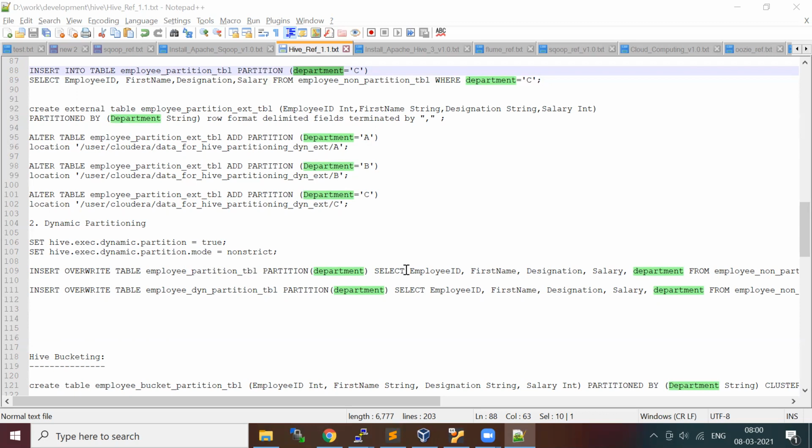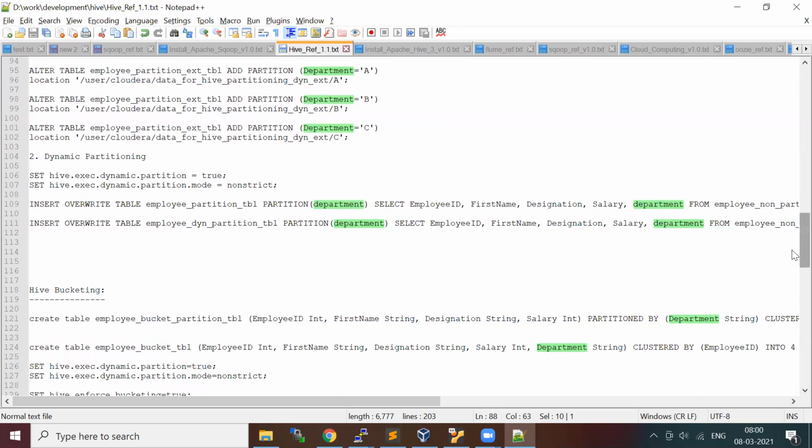Let me try this dynamic partition example as well.